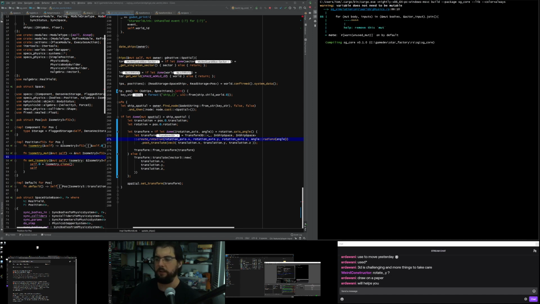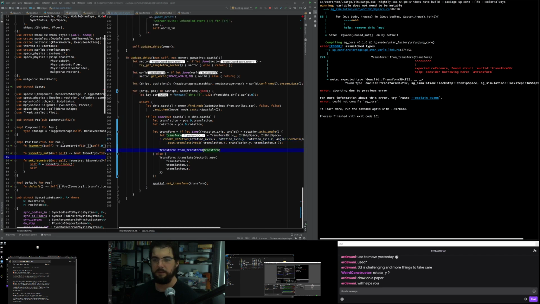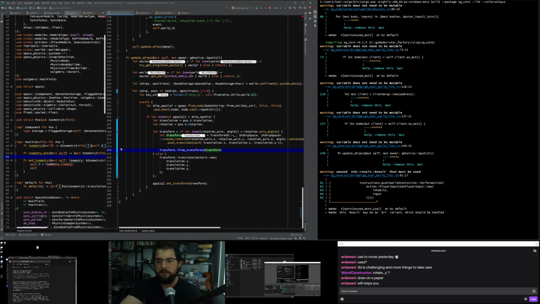I understand why radians are mathematically lovely, but I still prefer degrees because they just fit better into my small brain. Okay, expected reference. So I need to put an ampersand there to say you can borrow it, but you can't keep it.